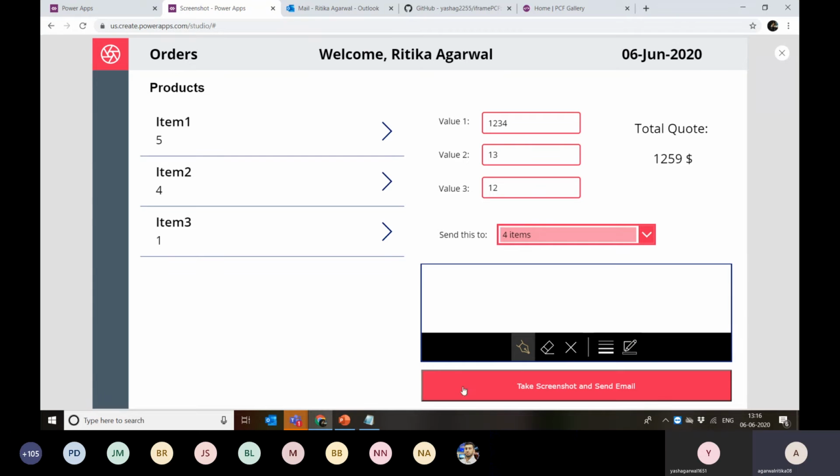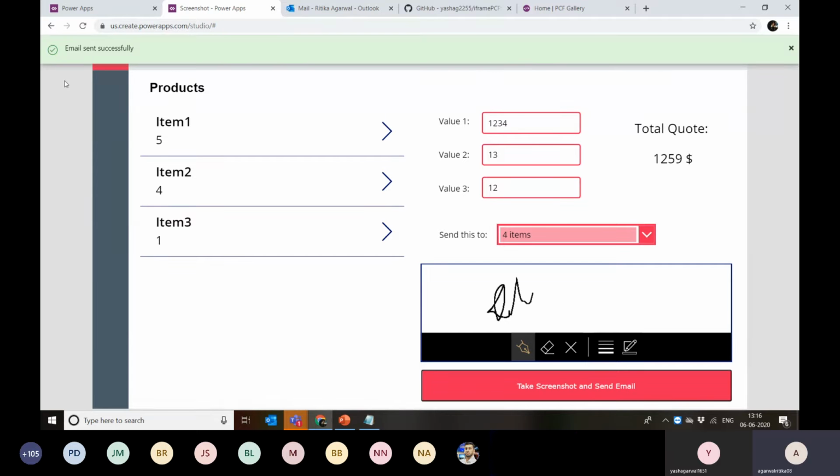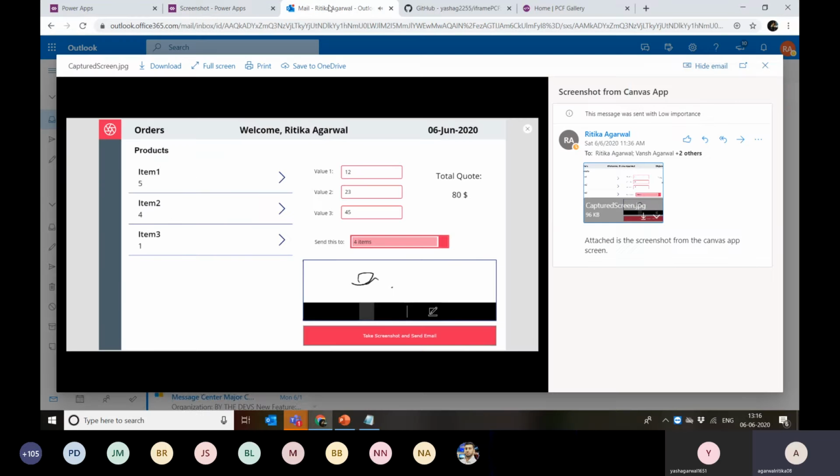Let's say I have selected all 4, and then I'm going to write some funny characters here, and I will click on this button, take screenshot and send email. It is going to perform some operations in the backend, and as you can see, there is processing happening here. Then I got this confirmation: email sent successfully.